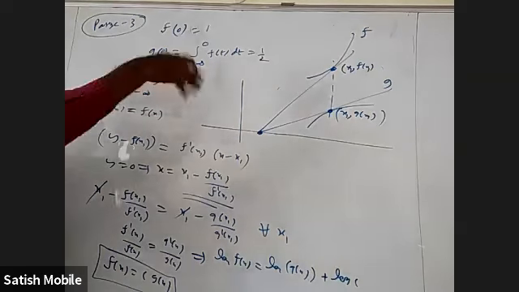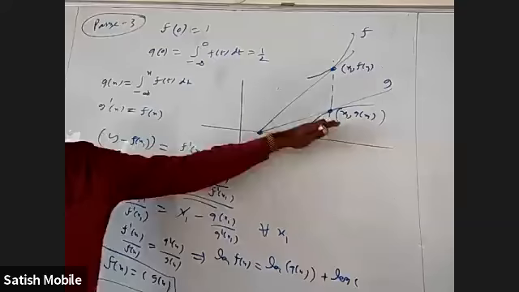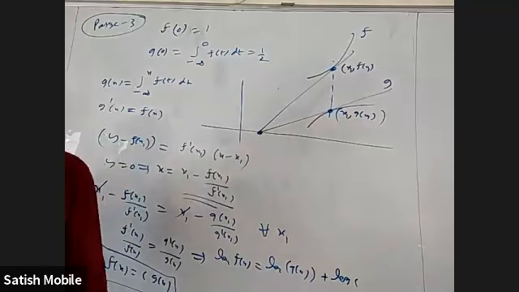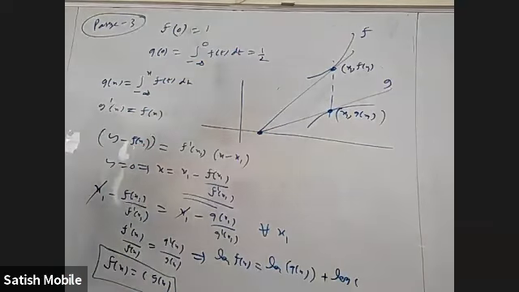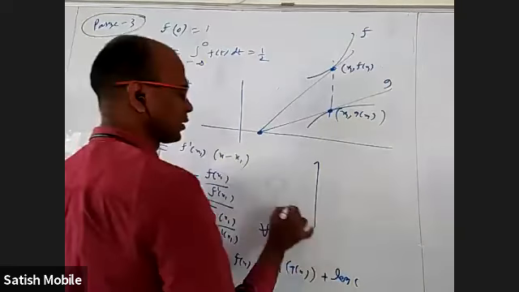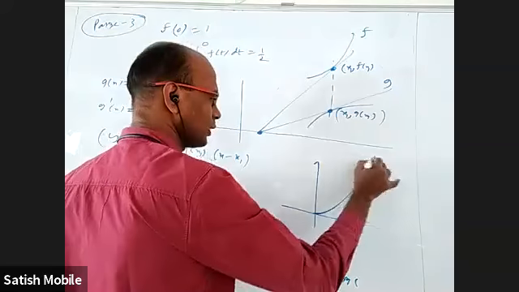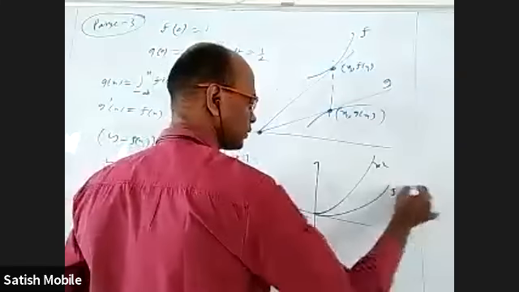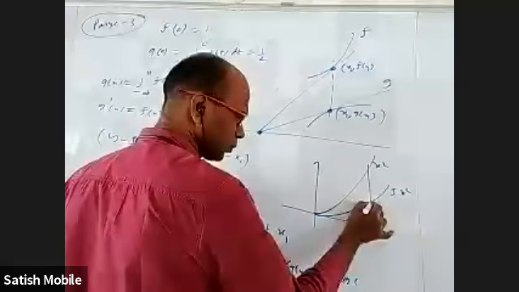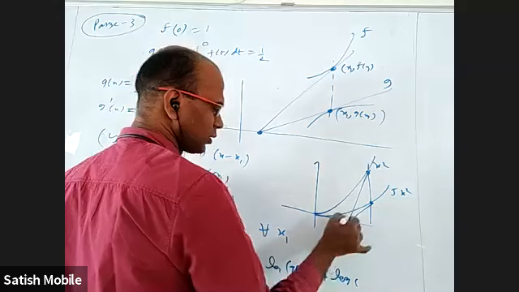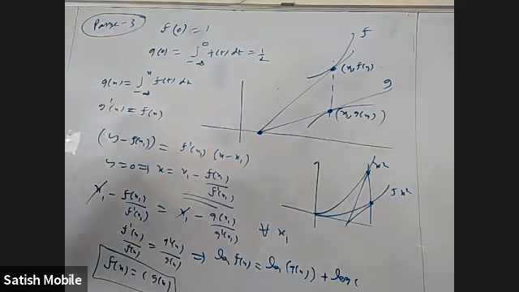So whenever you want this kind of thing to happen, this curve should be a multiple of this curve, 2 times or 3 times or 5 times, then always this will happen. For example, you take the x square curve and some 5x square curve. Take 2 points and draw tangents. You will definitely find the point of intersection of the tangents will lie on the x-axis.